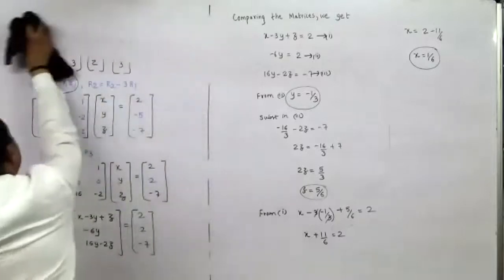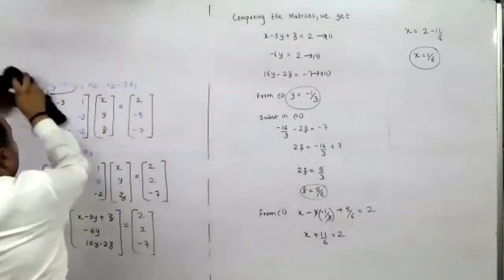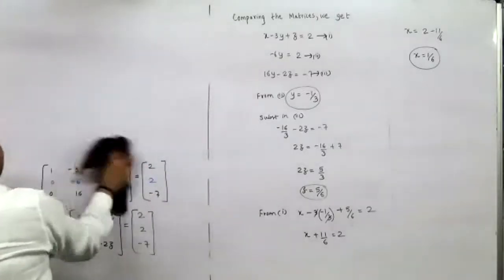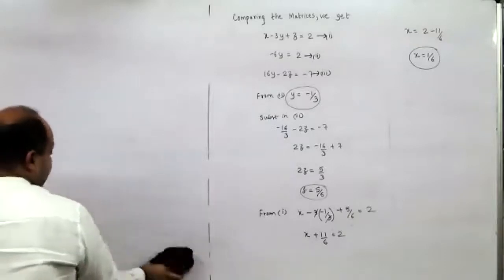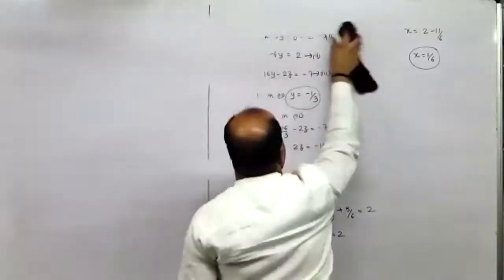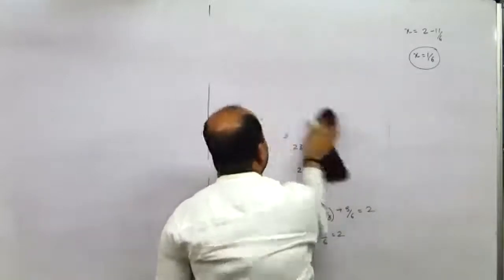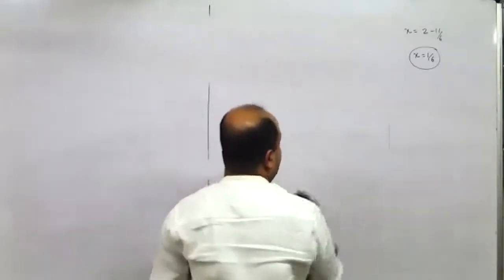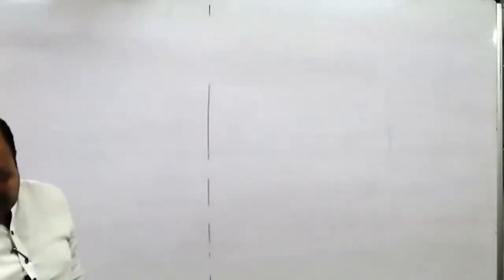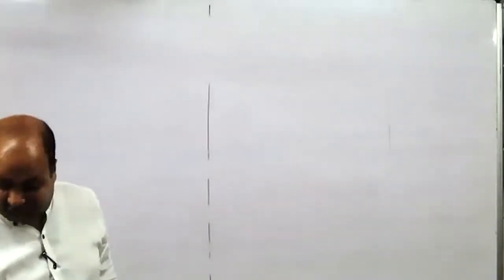You'll have to do it by the adjoint method itself, but it shouldn't come in the examination as such. I have done those problems in class. I am 100% sure. But it is difficult to get those questions in the exam because there are too many questions involved there. Like there are too many steps involved there.